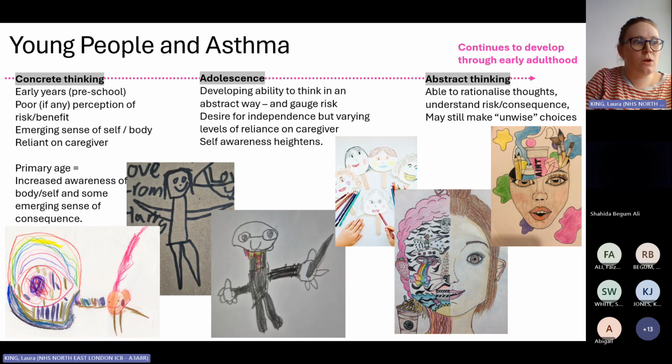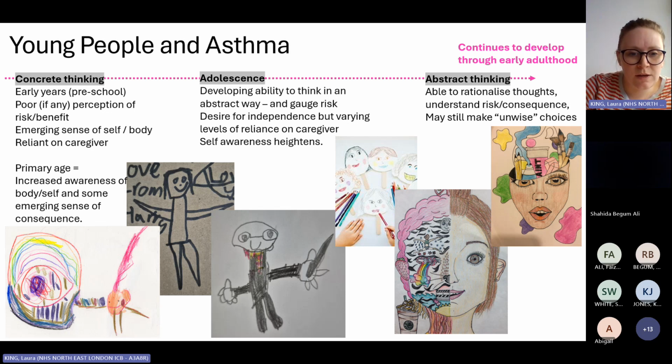That thought of, I know what asthma is because we've educated them, it's inflammation. Okay, so if I'm treating the inflammation, I need to take my preventer. If I don't take my preventer, the consequence will be I may become sick, I'm more at risk. And that takes a while to develop, and it can be quite challenging, even with some parents. Actually, I think we all know adults that perhaps make unwise choices, which they're allowed to do.